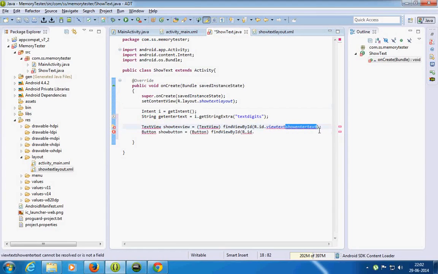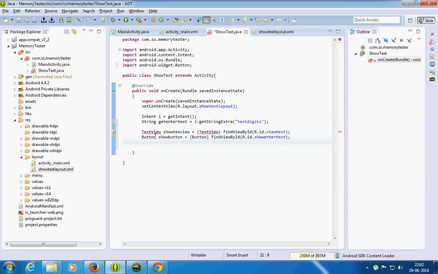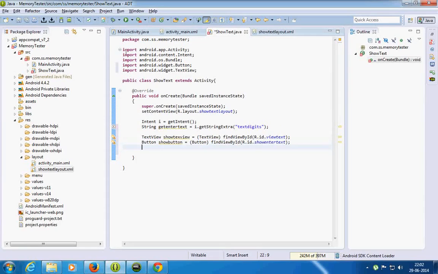Okay, I just replaced them both. Please don't make such mistakes. Just remember what you have named. Okay, so import button, import text view. You see our imports keep increasing, and just like we did before, I would